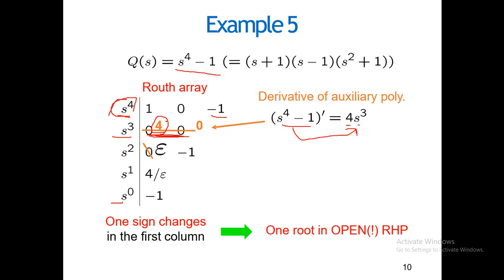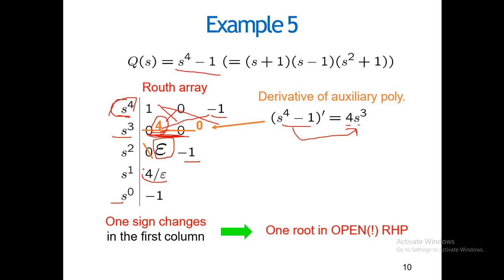After that, you solve: 4 multiplied by 0 minus this thing divided by 4 turns out to be again 0. So you have to replace it with epsilon, and the next term will be 4 multiplied by this minus 1, so it becomes minus 4. 4 minus 0 divided by plus 4 turns out to be minus 1. So there is no complete 0 row. Instead, there is only one 0, that is the first element of the row, so you have to substitute it with epsilon, and the same thing happens again.